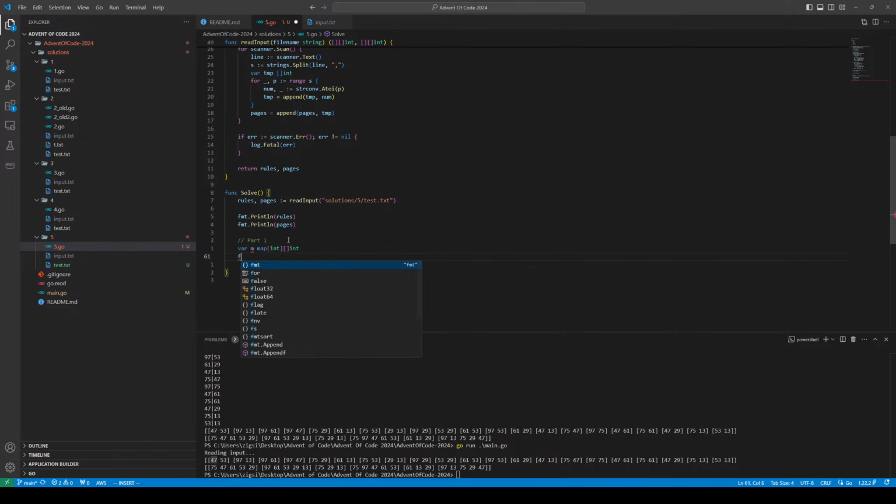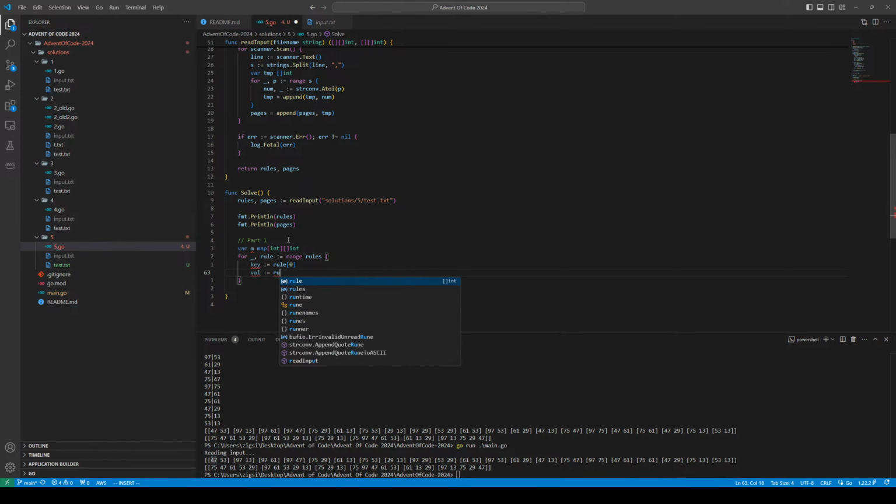Now we have to fill this map up, so we go for underscore, rule in range of all the rules. And then what do we have to do? We have to check. So let's do it the long way. The key here is going to be rule of 0, and the value is going to be rule of 1. And we have to check if m,